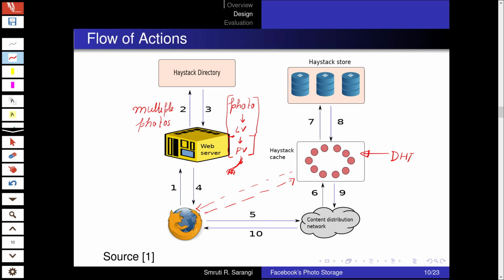This is completely a function of how the request has been configured by the Haystack directory. You can think of the request response cycle as having two distinct phases. The first phase is where we talk to the directory and get an expanded URL for the photo, and then we make a fresh request via the CDN cache and store.